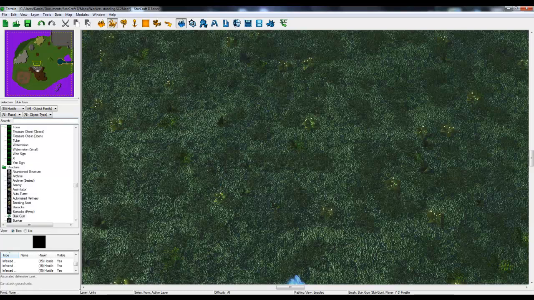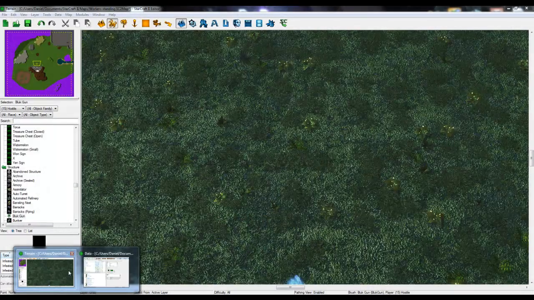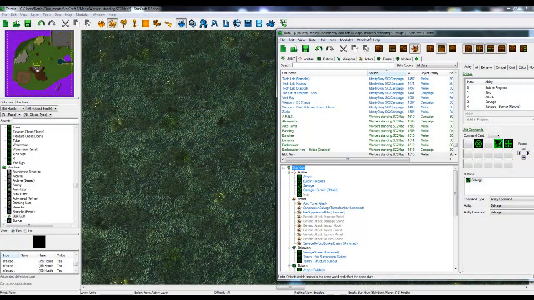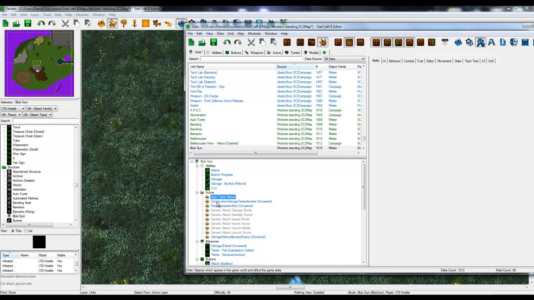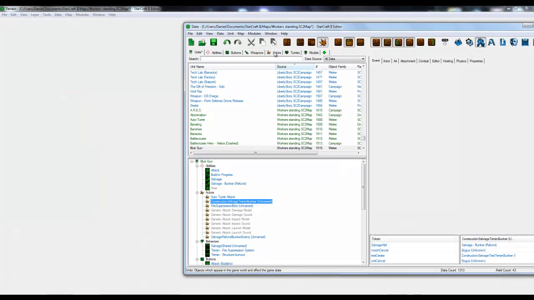So let's go back to the, oh, there we go. What we don't have is an actor. We've got all the actors for our weapon and stuff like that, for our salvage command. Brilliant. You'll have all the actors for attacks from your unit and stuff like that. But what we need is an actor. So we're going to open up the actor tab if you haven't already, and you're going to go into actors